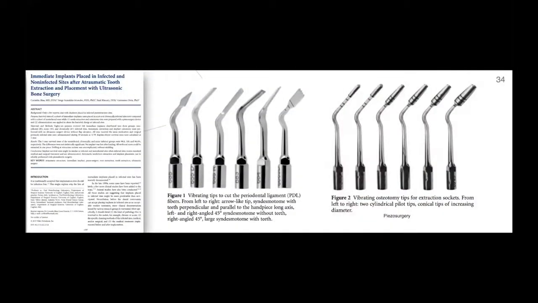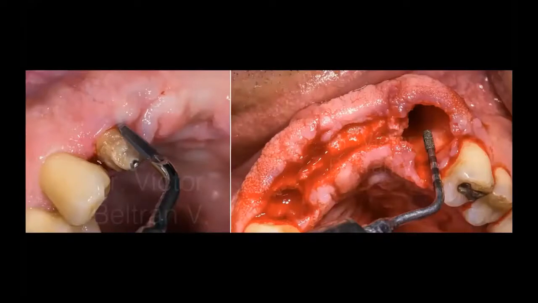I use piezosurgical equipment in my daily practice. It is an interesting study by the Blus group. You can see a variety of recommended piezosurgical tips for different phases of syndesmotomy with and without teeth. Besides, the authors recommended several vibrating osteotomy tips for extraction sockets of different shapes and diameters. Normally, I use a cylindrical piezosurgical tip immediately after the extraction. This tip is very useful to perform a curettage of the apical portion of the alveolus, especially when it's associated with